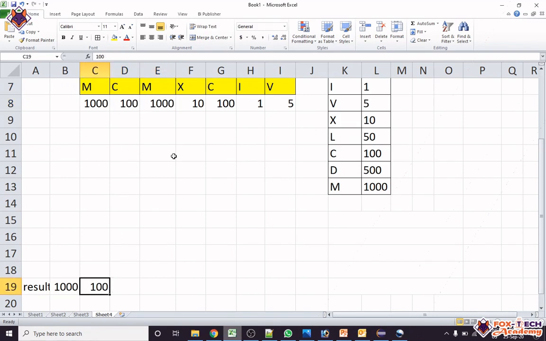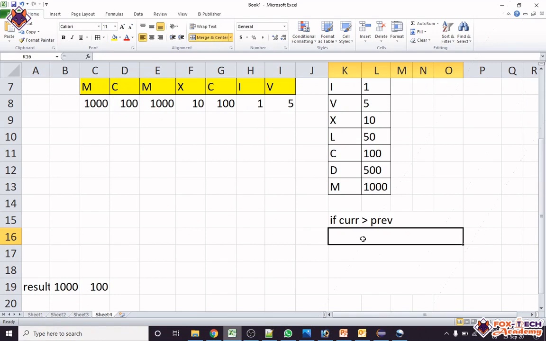What do we have to do in this case? If we find the condition that the current value is greater than the previous value, then because we earlier added this 100, we will subtract this 100 from our result.